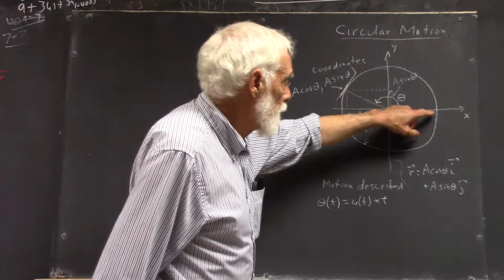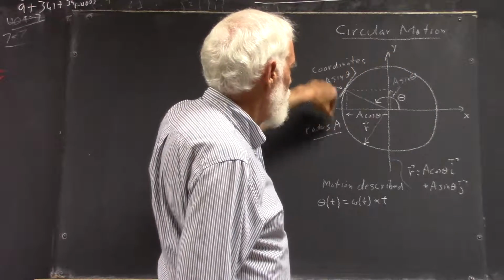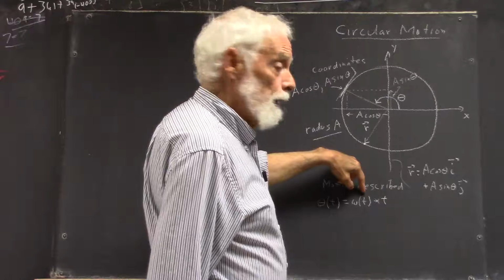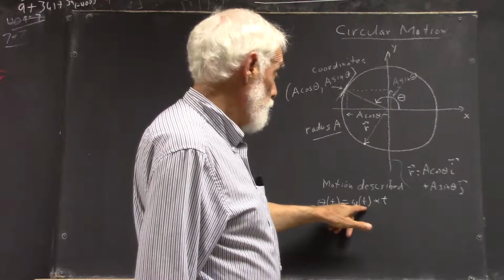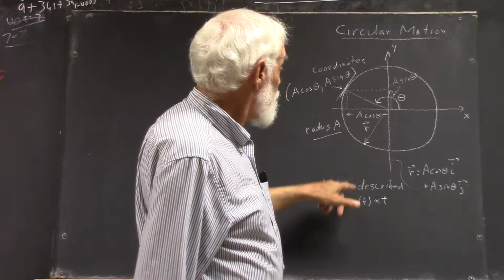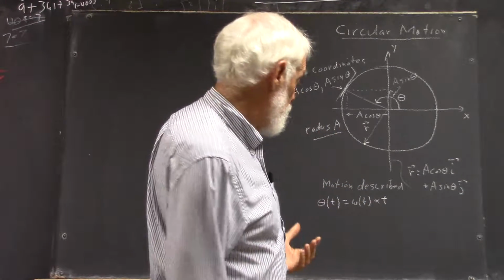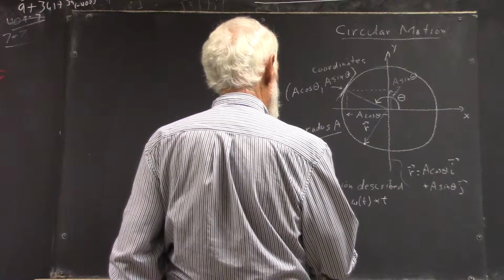So for example, if the angular speed of this point is increasing, then omega of t would be an increasing function of t. And if it's decreasing, omega of t would be a decreasing function of t. Let's just say theta prime of t